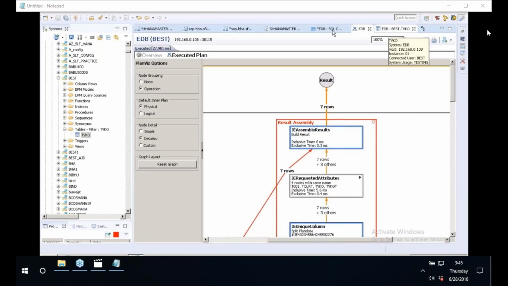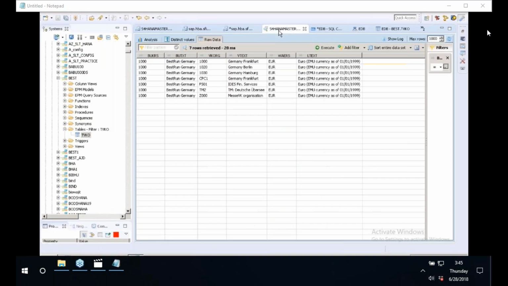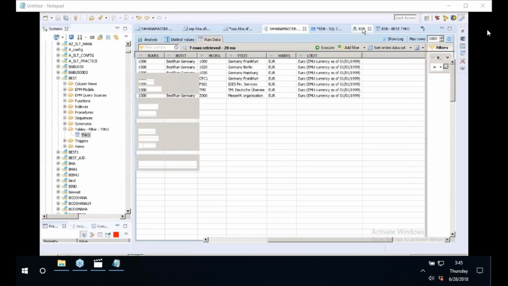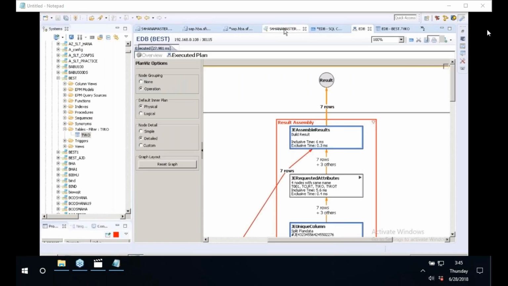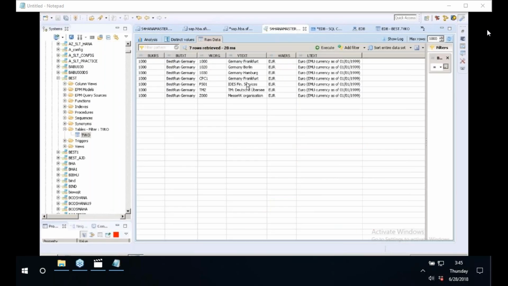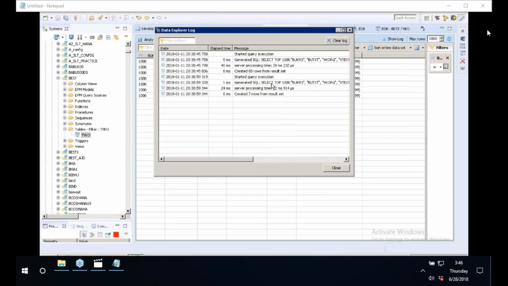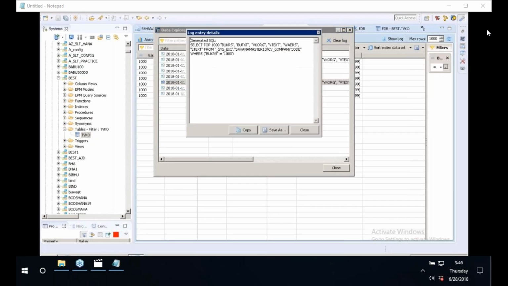So when I go back, what I'm trying to show you is how this output came. This is what I'm trying to show you, how this output came. The system is doing the processing in the backend. And finally, one last point I would like to show you here. When you click on the show log, when you double click on the generated SQL, you see